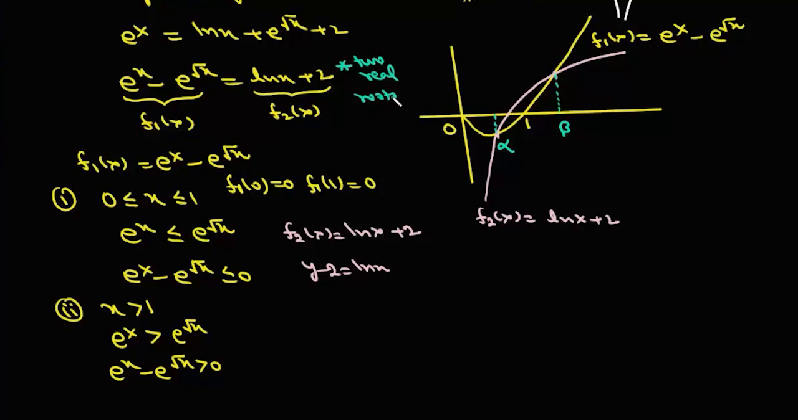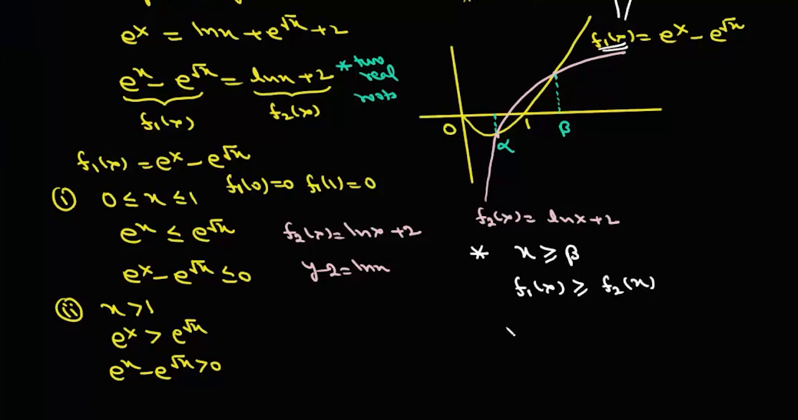Now, how is this information going to help us? What we'll do is restrict our analysis to when x is greater than or equal to beta. When x is greater than or equal to beta, the graph of f1(x) will always be above the graph of f2(x). So when x is greater than or equal to beta, f1(x) will always be greater than or equal to